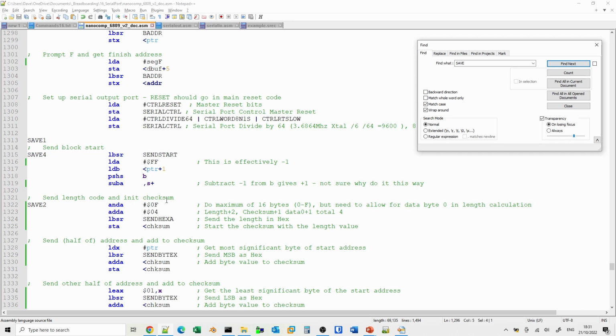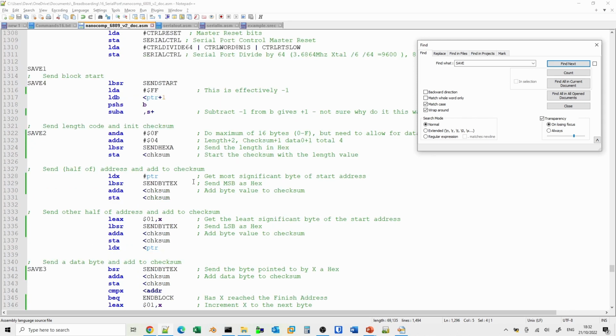Then we're doing some calculations here to say we're doing a maximum of 16 bytes at a time, 0 to F. And then what we then do is to start the checksum with a value of 4, because the length starts at 4. That means we've got 2 for the address, 1 for the checksum, and then to allow for our data 0 value, we're going to add 1 there. And then we send the length of that in hex to the computer, and then we store that in the checksum.